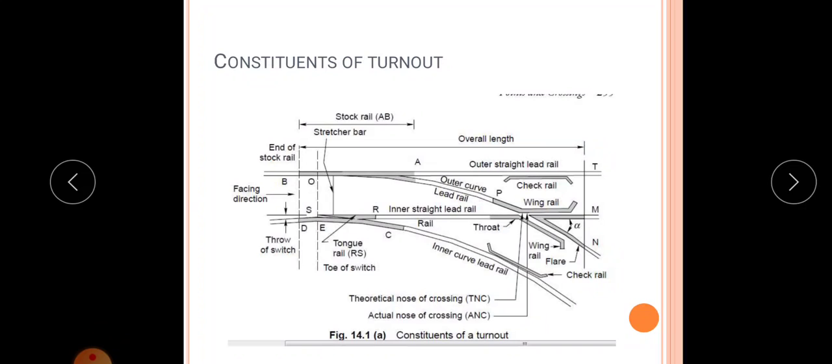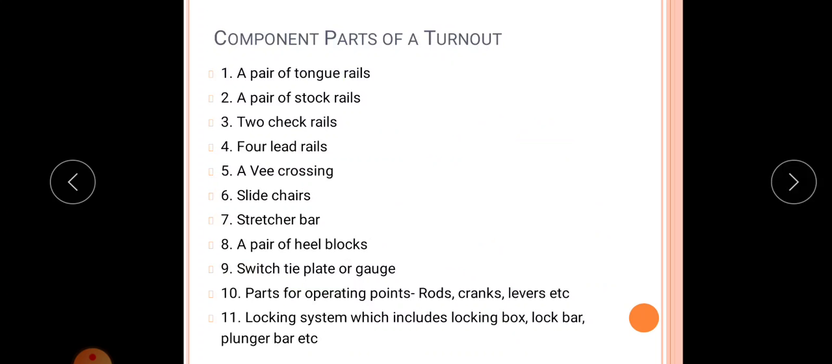In a turnout there will be mainly two components, points and crossing. These points are also known as switches, and this is the crossing. We can discuss them one by one, and these are the component parts of a turnout, that is, together with